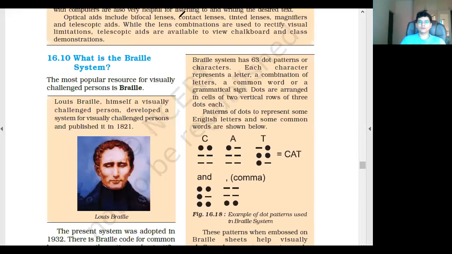When we talk about defects, we'll discuss them in detail in higher classes, but I'll just give you a brief idea. Suppose this is your retina and this is your lens. Now suppose this lens is convex. I hope all of you remember this is your convex lens, so the light will converge. Now suppose it is converging here.